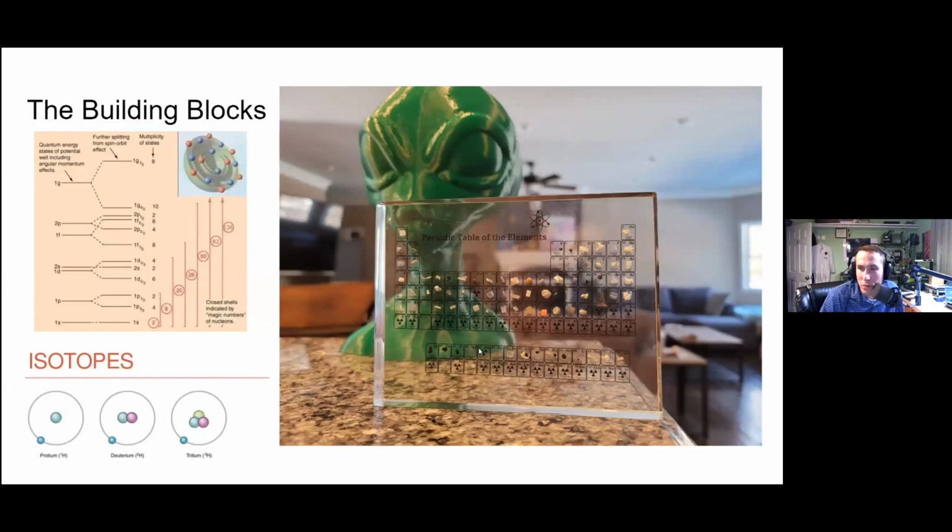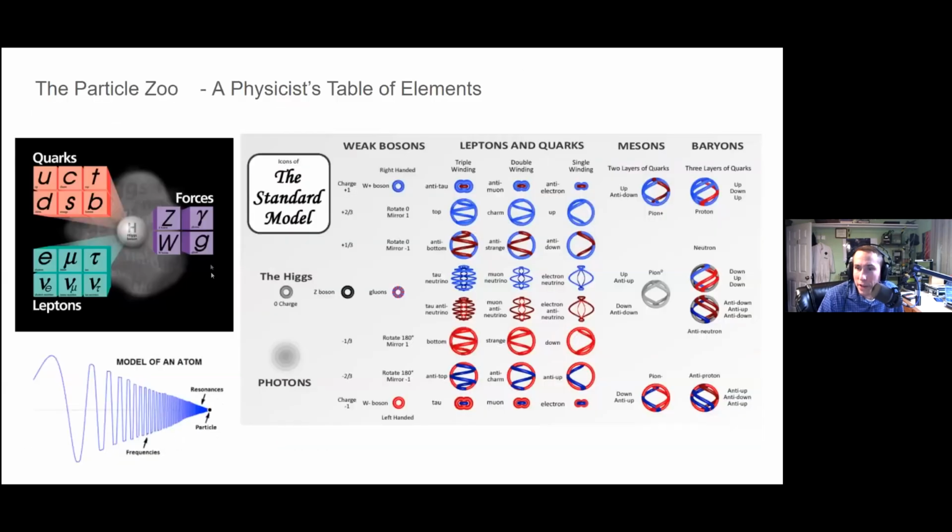We all have the same building blocks. Assume that aliens have the same building blocks as we do, except their periodic table includes all of the other isotopes, like elements with an extra neutron, which change the isotope number without changing the element number. And we have a particle zoo, of course, in particle physics, the standard model, which is the best we have right now until a better theory comes along.